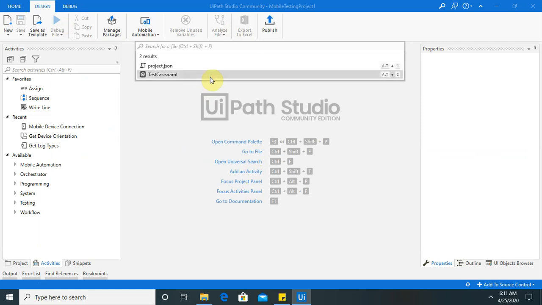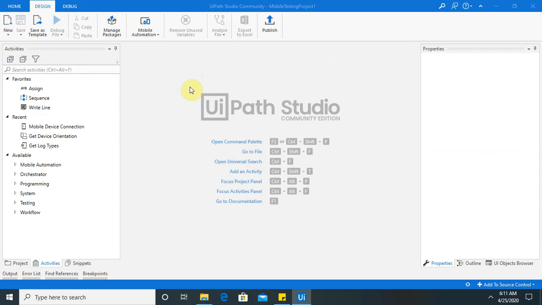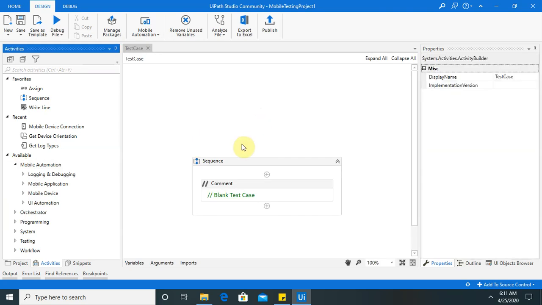Everything is the same, just there is one feature already added for the mobile automation perspective. Let's wait for the page to be available. Now you can see there is an option available automatically because the dependency is already created in the new tool, so you don't need to install the dependency from manage dependencies.